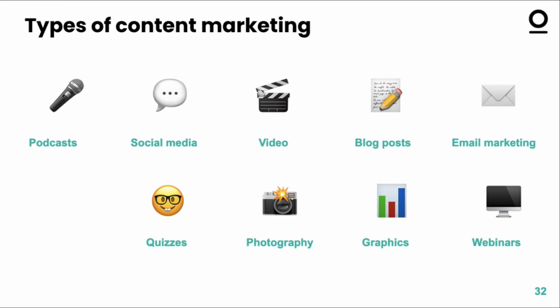Next, we've got graphics. Graphics are things like infographics that present complicated data in a simple and easily digestible format. So if you have lots of data analysis or lots of reports or research, then presenting them in a formal PDF report isn't actually that user-friendly. Instead, what you might want to do is take the key data points, the key data that you're trying to get across, and translate that into an infographic or some form of graphic that explains easily what exactly you're trying to communicate. So have a look at graphics.